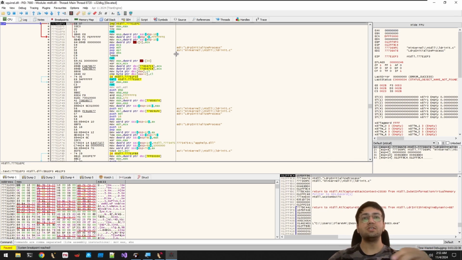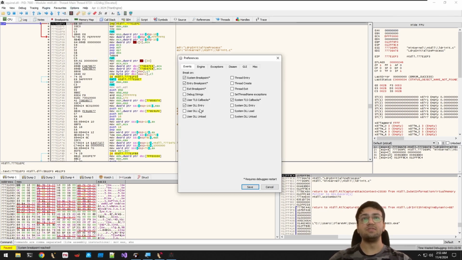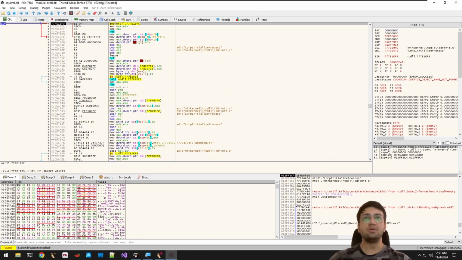The debugger tries to create one EXE file which will use that DLL. So that's how it sort of works. And to debug this, go to options, preferences, and select user DLL entry and save it. After that, just run it once